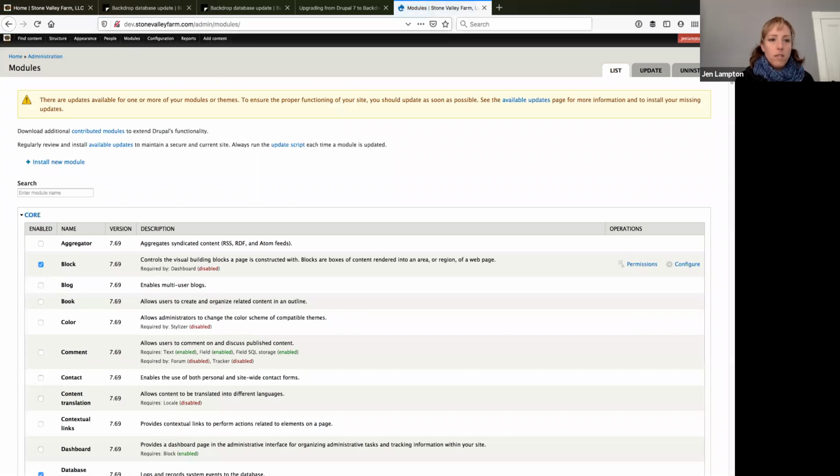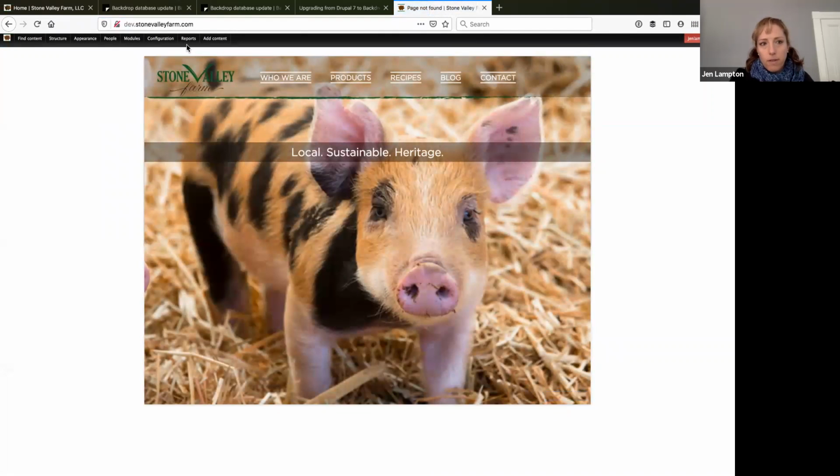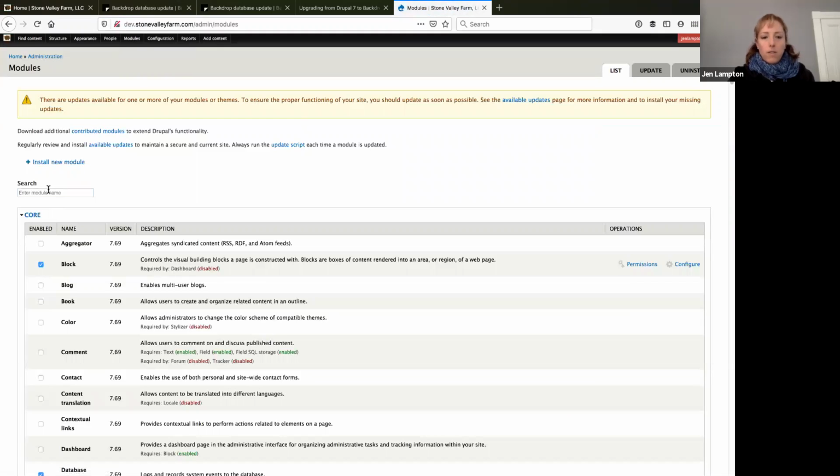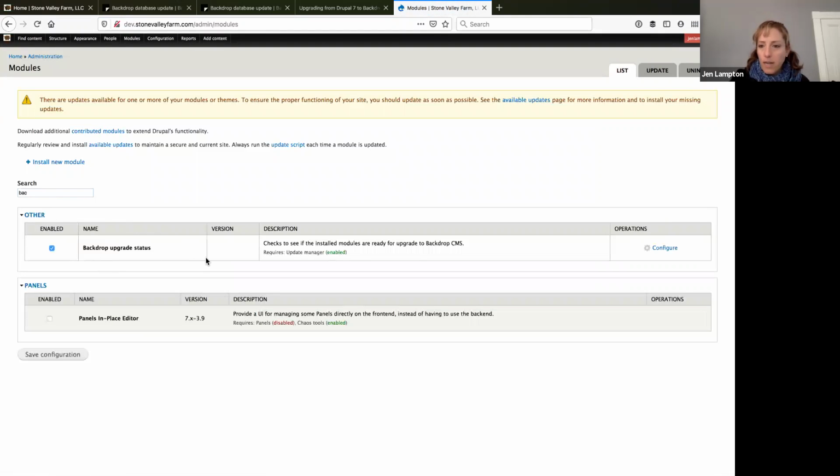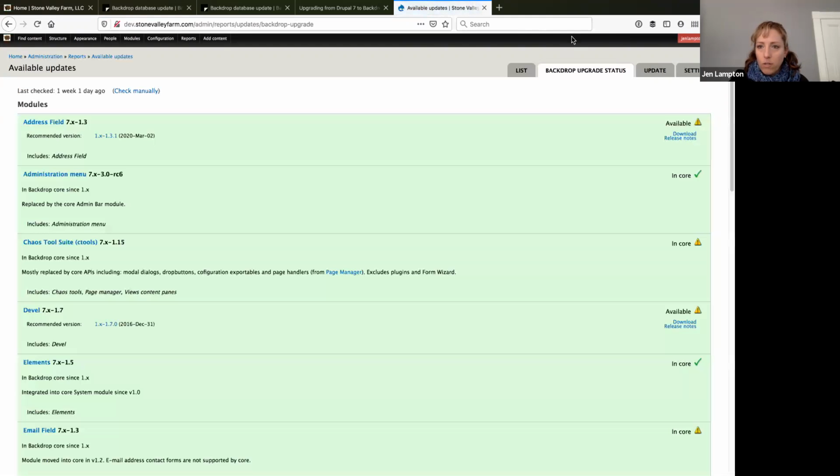Okay, so this is my Drupal 7 site of the Stone Valley Farm, the pig site. This is the Drupal 7 version of it. If I go to the modules page, I have installed a module on my Drupal 7 site called Backdrop Upgrade Status. And this module will show us which modules from Drupal are available for Backdrop and what the current status